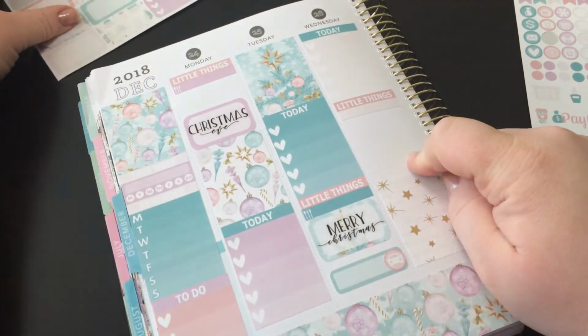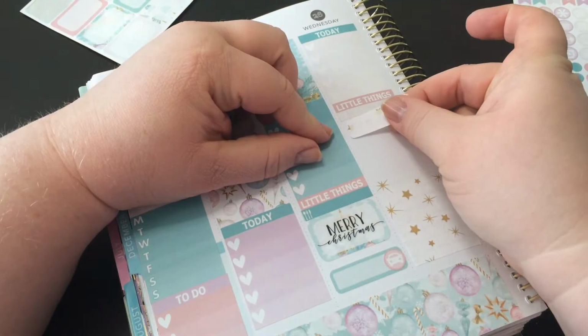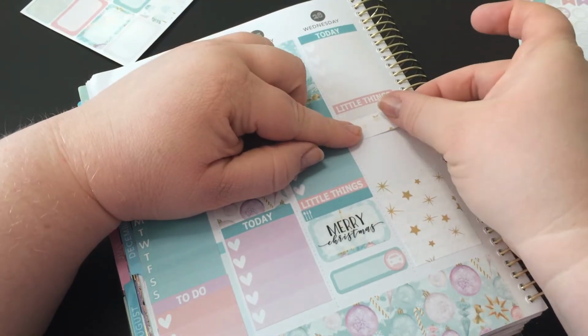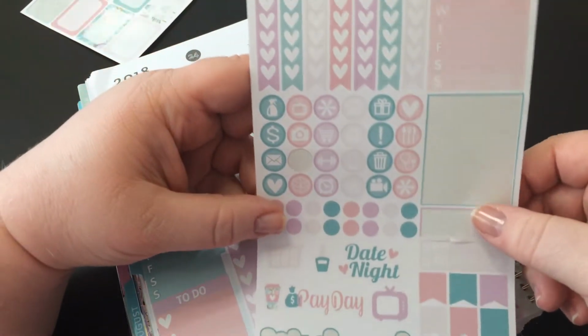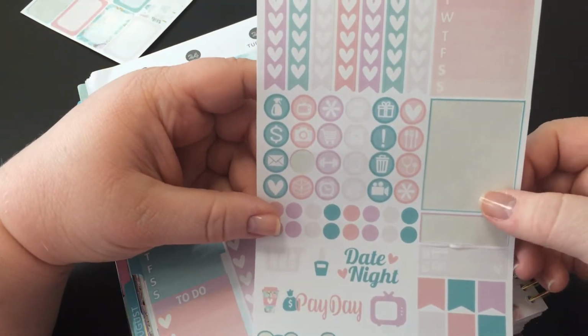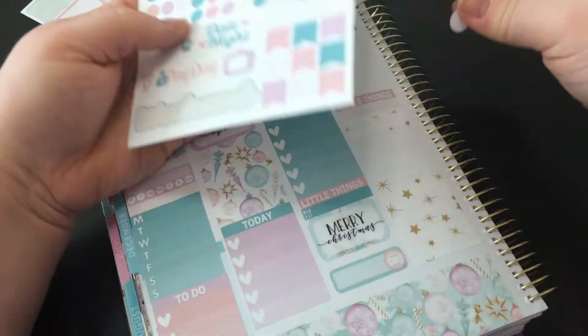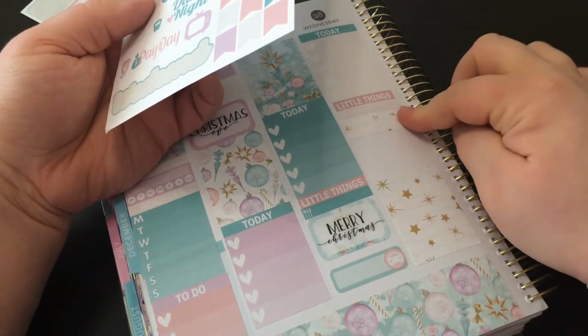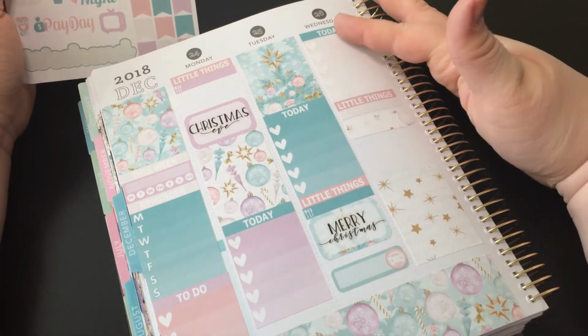Okay, so this day I'll be at my brother's. So this day we're coming back from my brother's house. So I will put a little quarter box here, just a couple days with them, but it's always nice. And then I think there's a home. Yeah, it's just really faint. There's a little home icon, so I'll write coming home from my brother's, but I'm sure we won't leave until later because